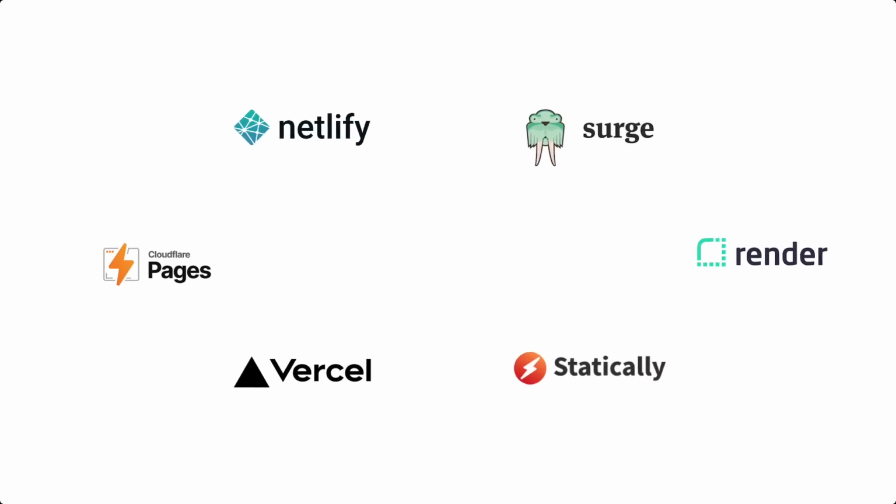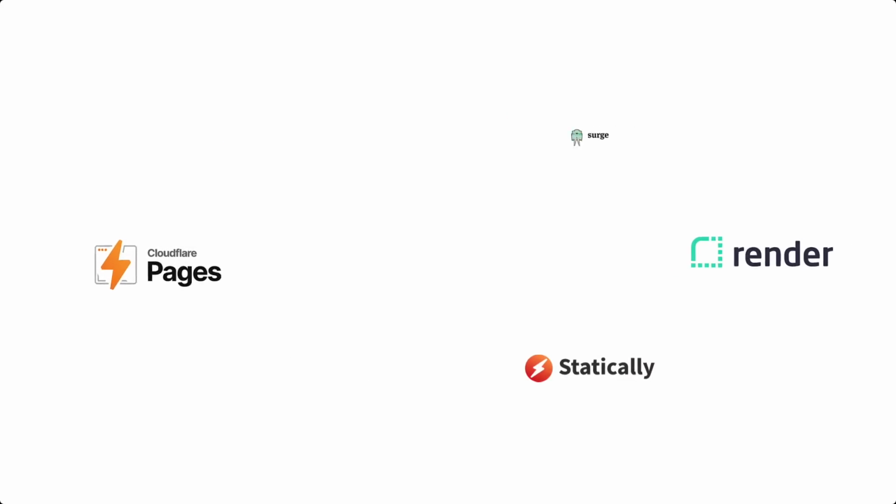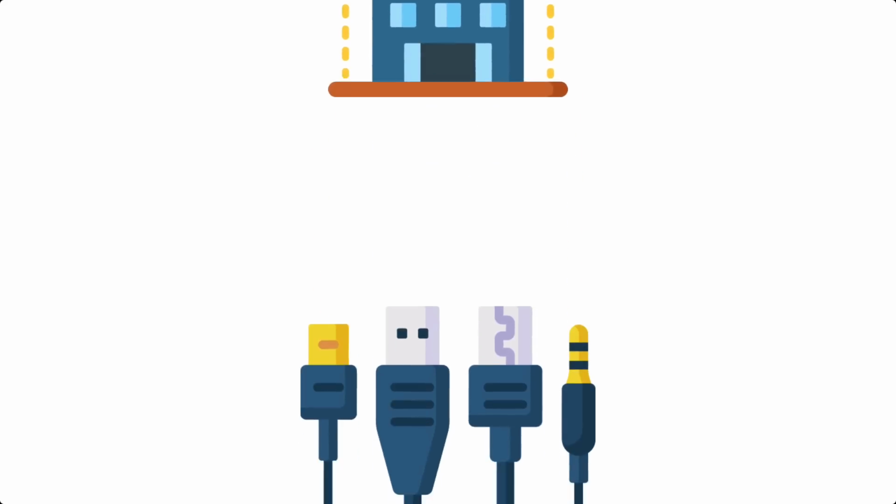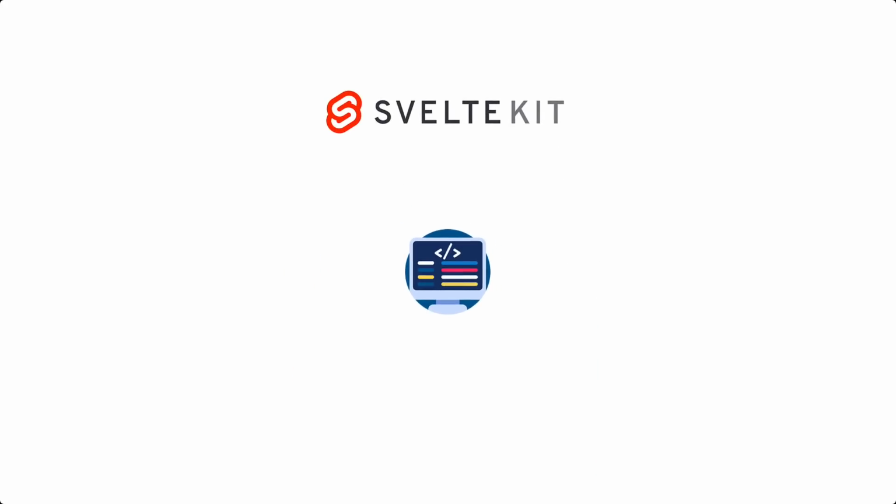Although there are many alternatives to deploy a single-page application, you might find a situation where you need to deploy it in an isolated environment or just for portability concerns. So in this video, we'll be using SvelteKit to generate a single-page application and serve it in a single binary